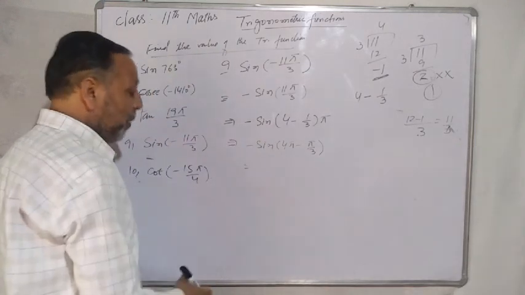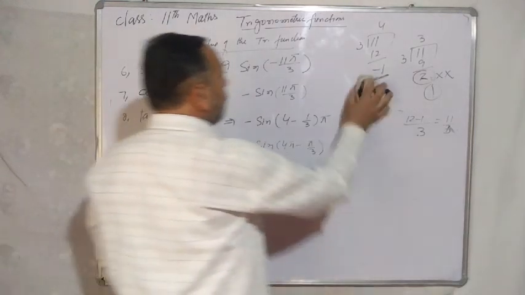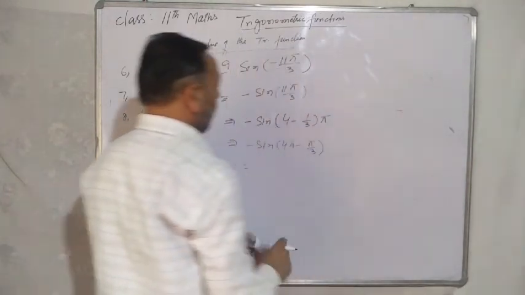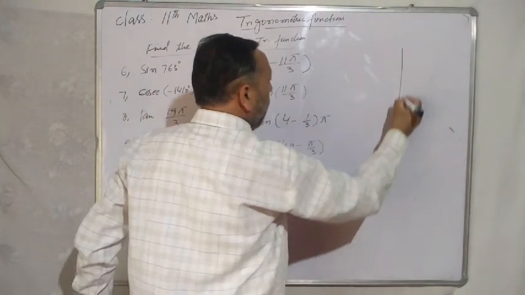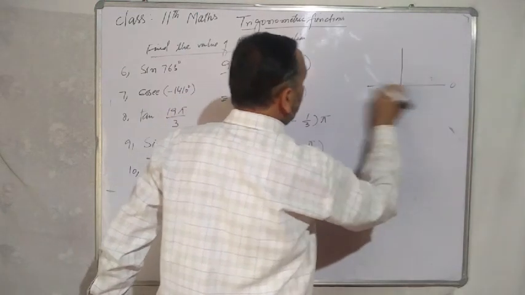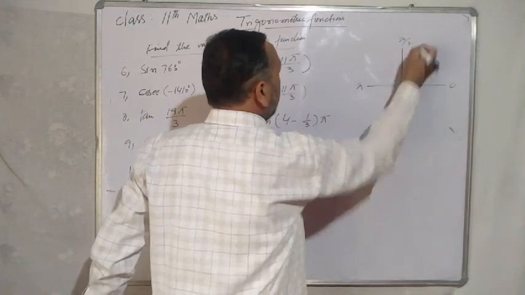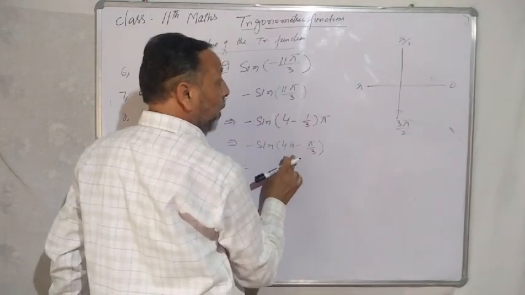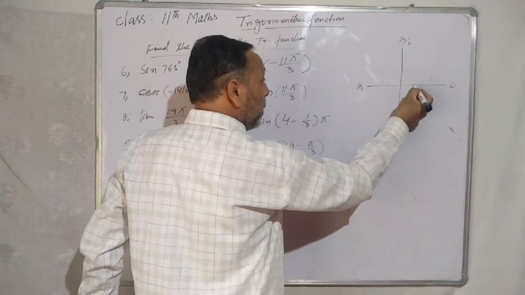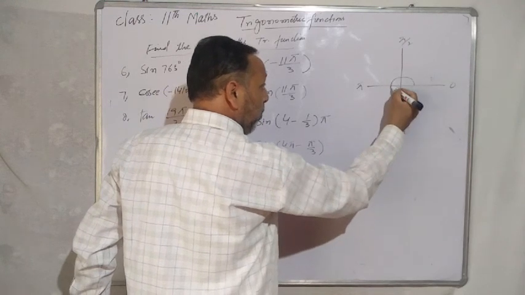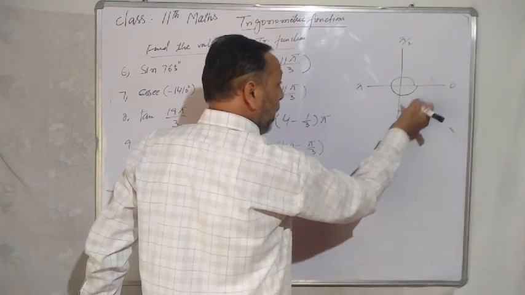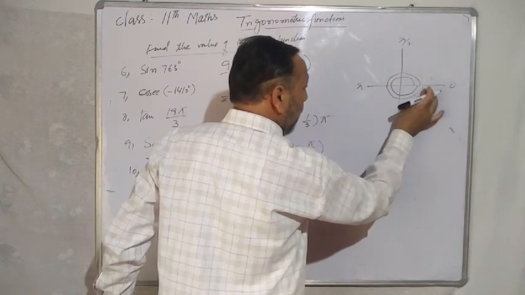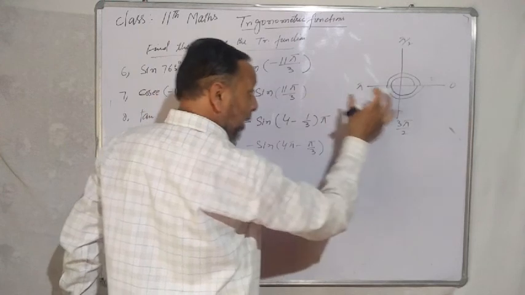अब देखते हैं किस क्वाड्रेंट में आएगा। देखिए किस क्वाड्रेंट में आएगा। दिस इज 0, दिस इज पाई, दिस इज पाई बाई 2, दिस इज 3 पाई बाई 2। देखो ये किस क्वाड्रेंट में आएगा, 4 टाइम्स पाई, यानी 4 बार पाई। तो 0 से स्टार्ट हुआ, पाई तक हो गया एक बार, पाई से हुआ यहाँ तक 0 तक हो गया दूसरी बार, ये हो गया तीसरी बार, और ये हो गया चौथी बार, हो गया 4 पाई माइनस पाई बाई 3।